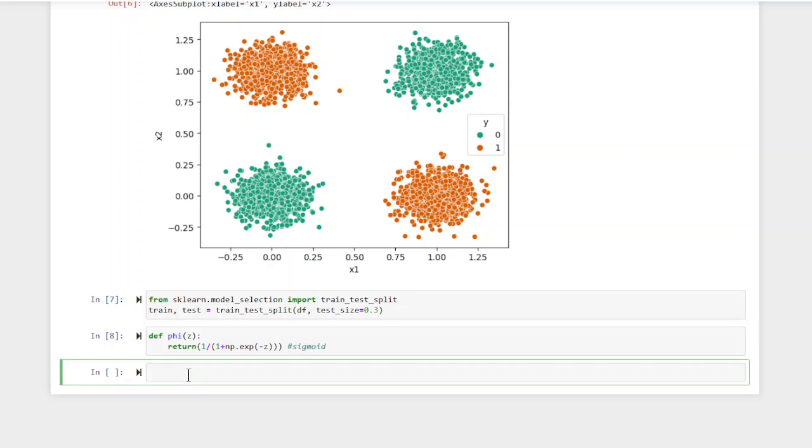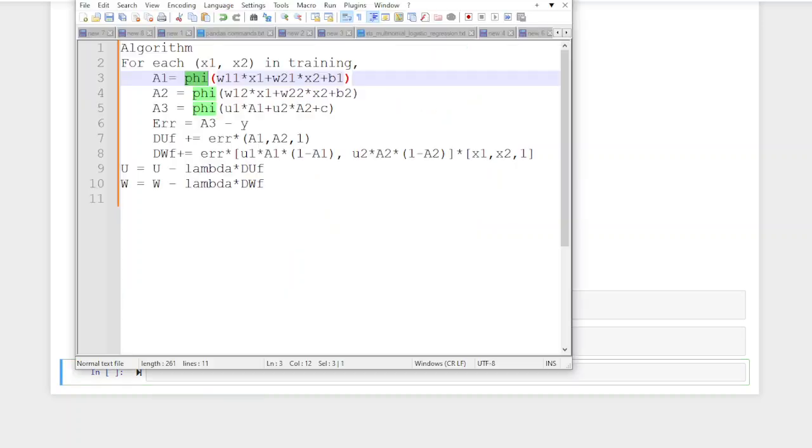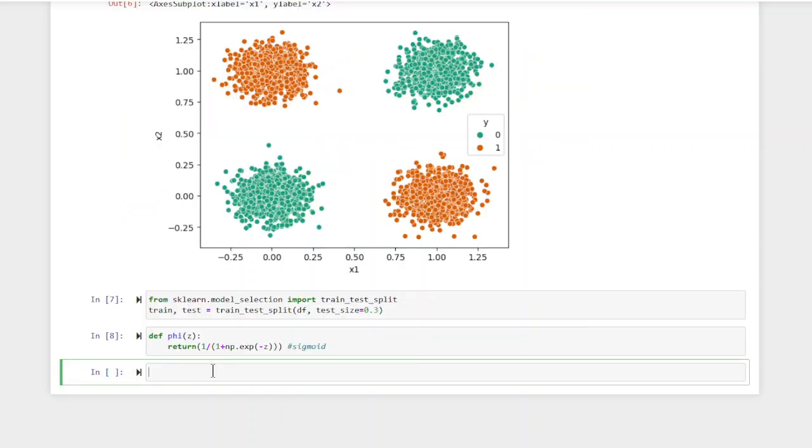And then now I have to get ready for the w and u coefficients. So I need a matrix of coefficients. So I have the u and w. I wrote in the lecture that u is really u1, u2, and c, and w is this 2x3 matrix made of these coefficients w11, w21, b1, and then the second row. So let's try to define that. So I'm going to say w equals np.array,